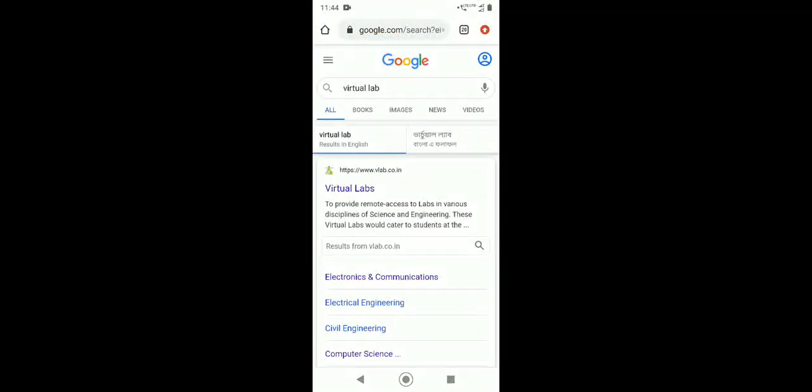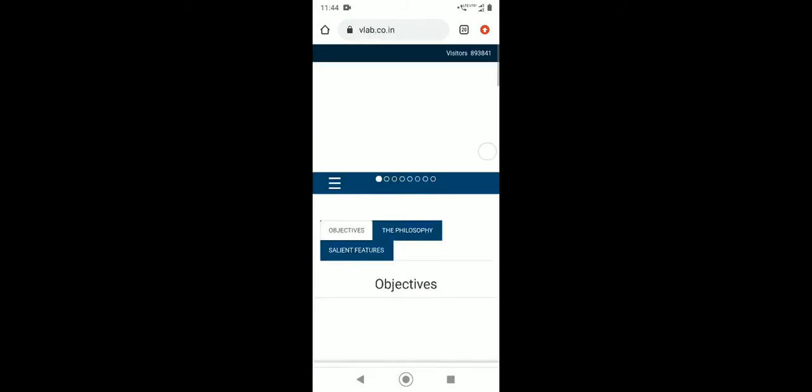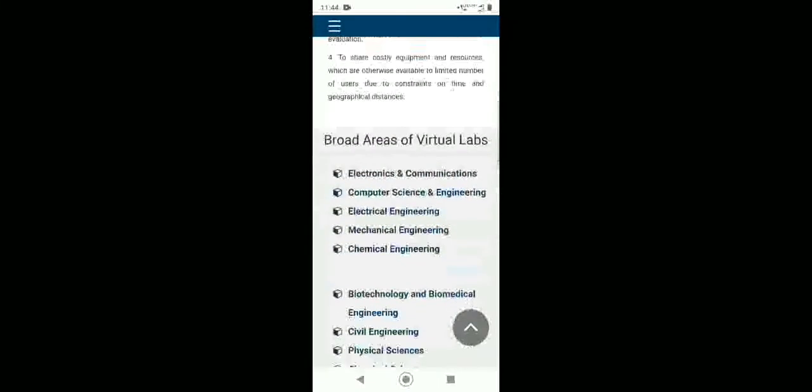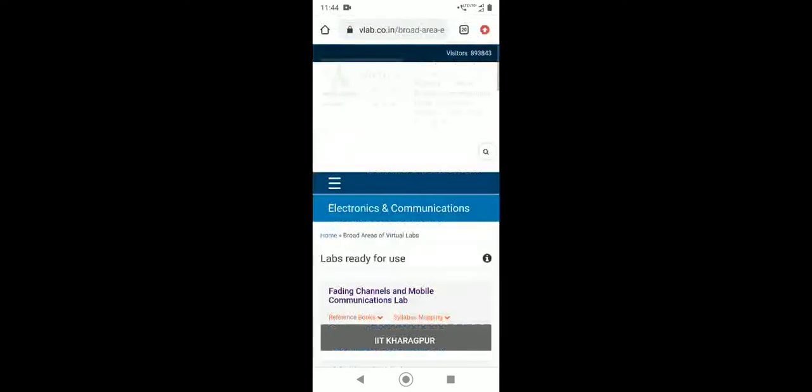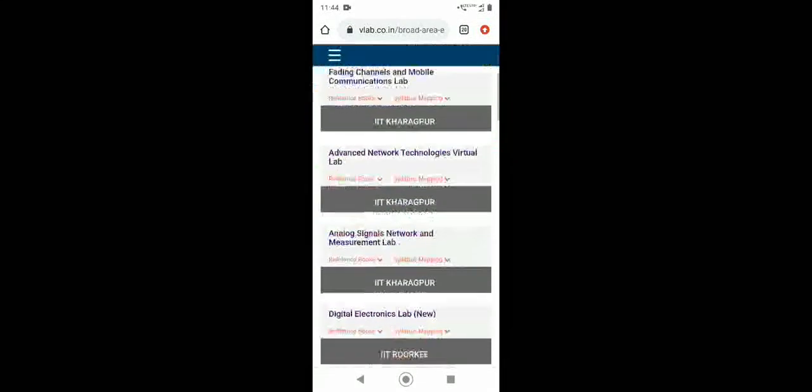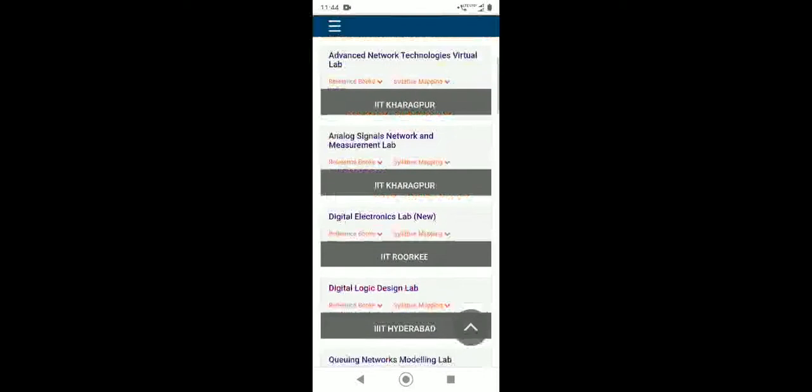In Google we will type virtual lab. Then we will go to this. After that, in the department of electronics and communication we will click. After that, digital electronics lab IIT Roorkee, because different IITs have published some experiments in this virtual lab.